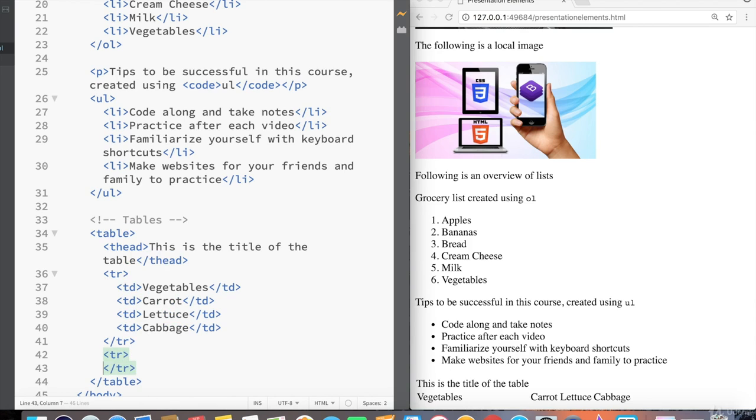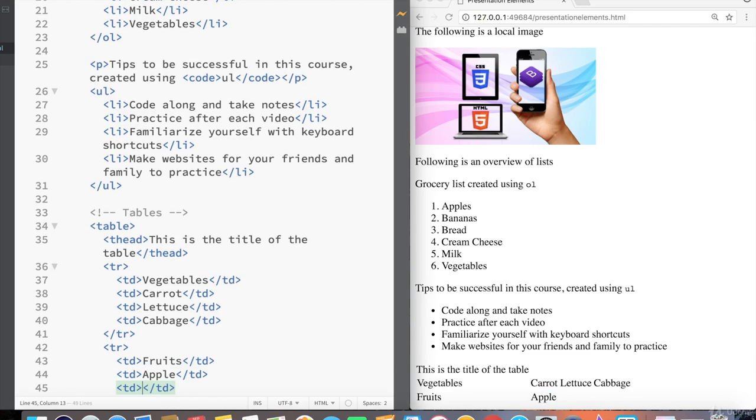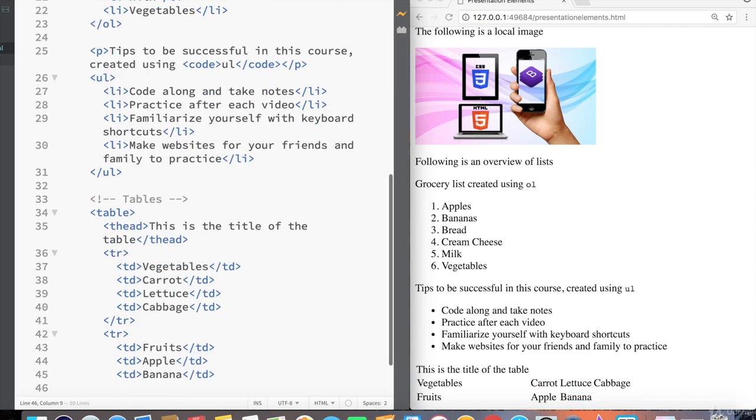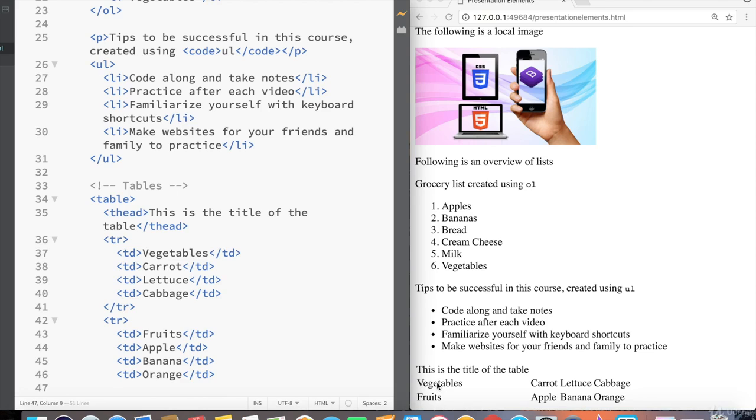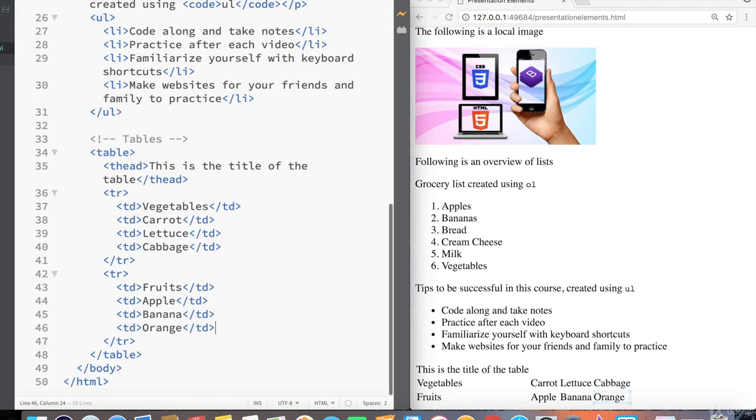And let's call this row, again, we can't really call this row anything unless we create a TD tag for its name. So let's call this fruits, and the next data we're going to add for fruits is apple, another TD for banana, a third TD for orange. So now we have a row for vegetables, a row for fruits, and now let's go underneath the second TR tag that we created, create a third TR for